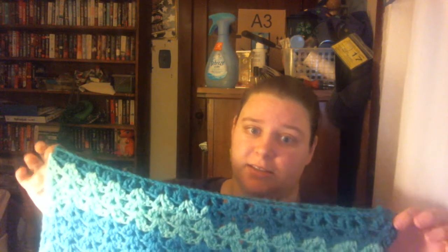But I'm thinking I might have to get more yarn or different colors or something, because this is not enough. This is not big enough. And if I was thinking about it at the time, I would have cut this in half. And who knows, I might take this out and redo it. Which, I have been frogging a lot of my creations lately, because I have another, that's a Sweet Roll, and